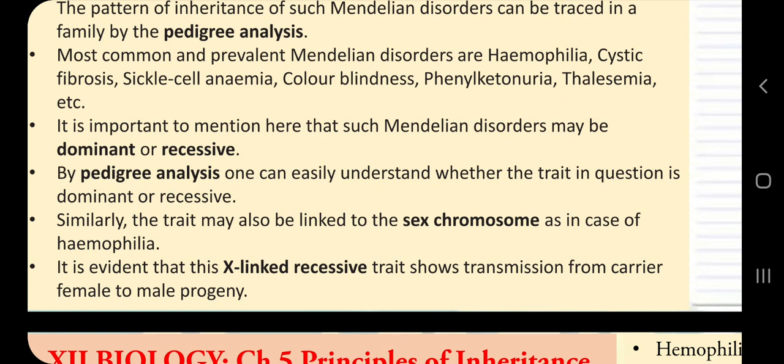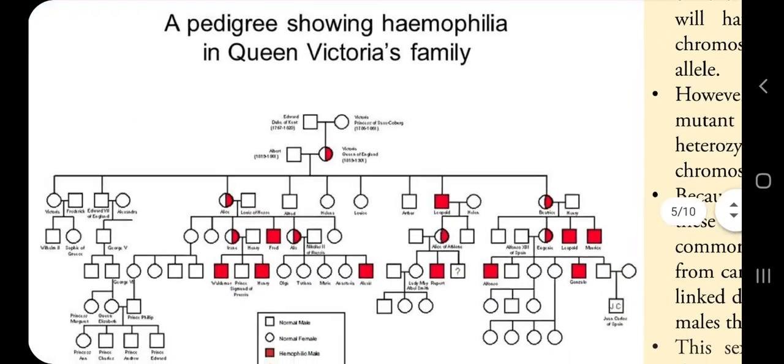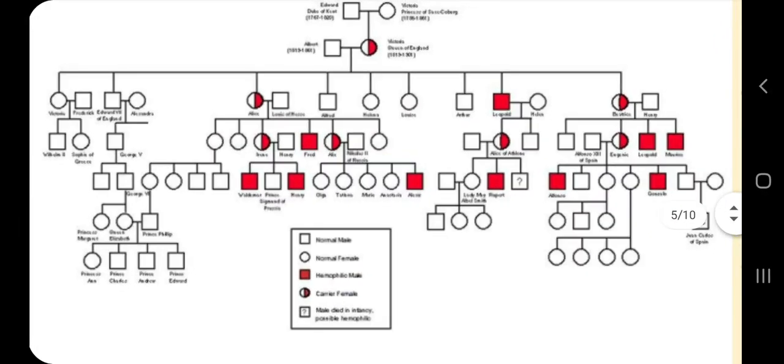What is carrier and what is not carrier, I have discussed already in my mutation and pedigree analysis video, and while we are studying hemophilia I am going to explain it once again. Now you see here is one real pedigree chart of Queen Victoria, which was famous because of the royal disease hemophilia. Here you can see completely filled squares. You cannot notice a completely filled red circle. You can only notice either blank circles or half filled circles.